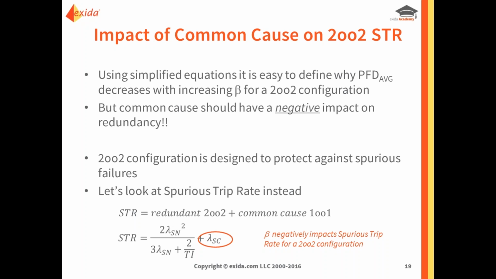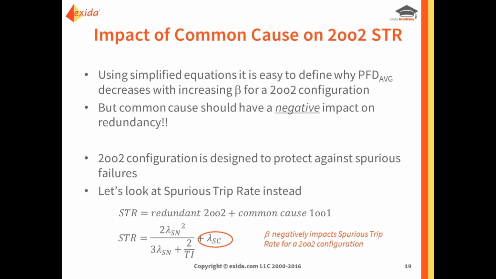And if we look at the spurious trip rate in that case, we see the same behavior that we saw in the previous example when we just talked about probability of failure on demand. There's a redundant portion in the equation and there's a common cause portion in the equation. But here we see a certain term squared, which is an indication that multiple units need to fail safe before your entire configuration fails safe. Added to that term is a safe common cause failure rate, which is the non-redundant,